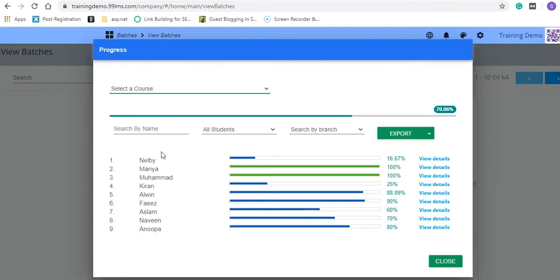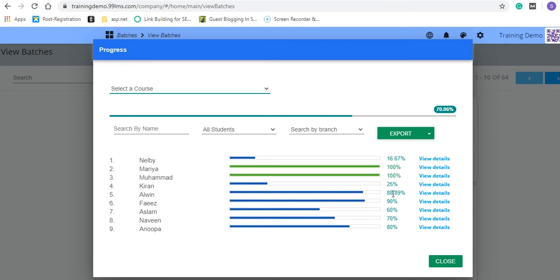click a course. So these are the students coming under that batch. Here a teacher can see the course progress of each student. These two students have completed the course, that's why it is 100%.